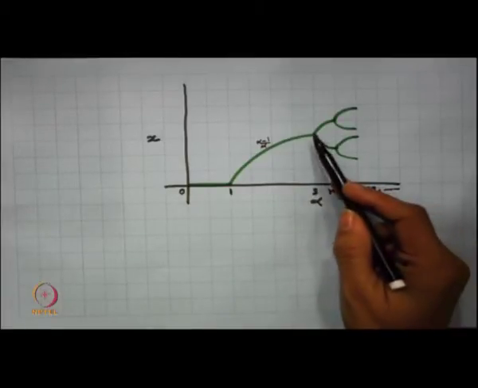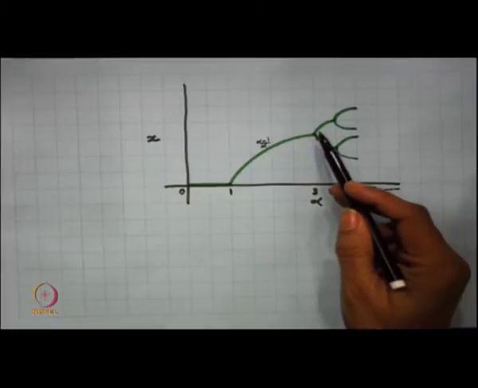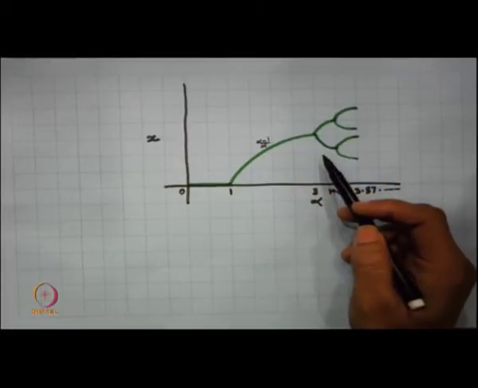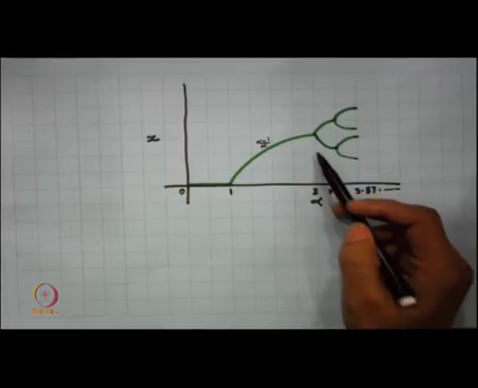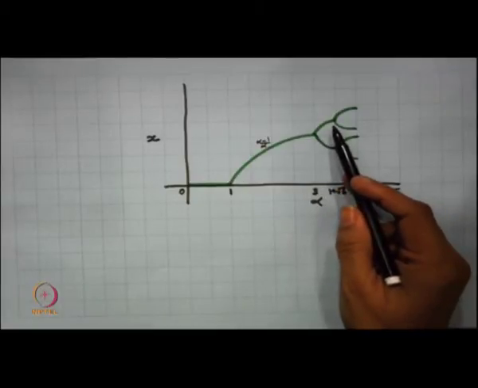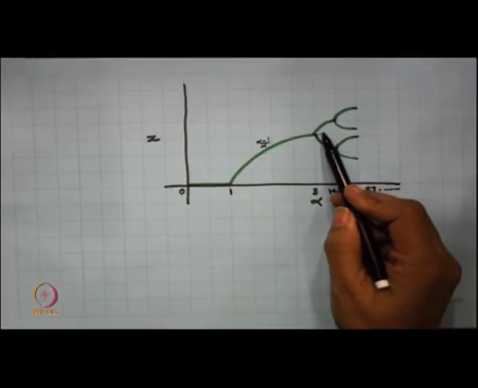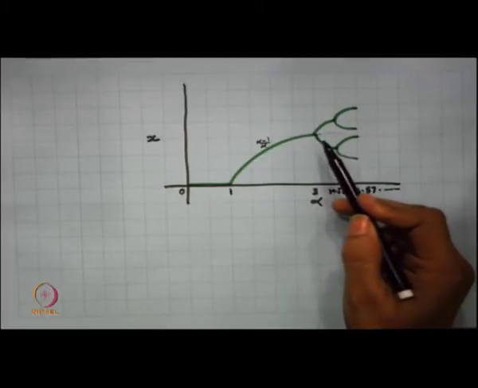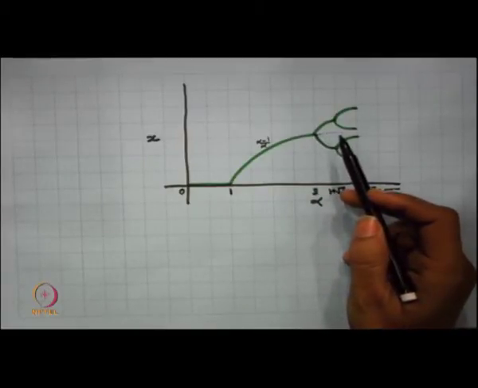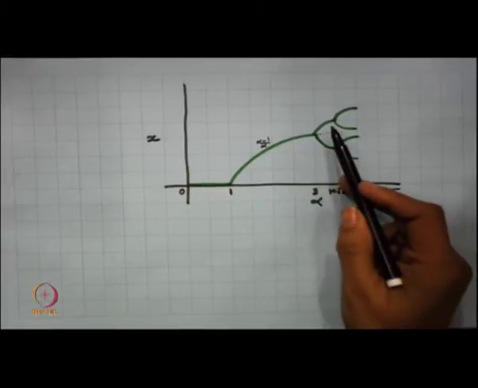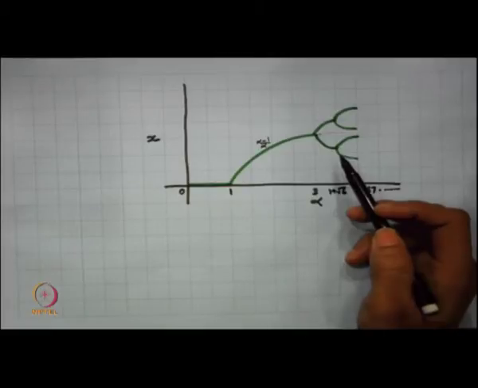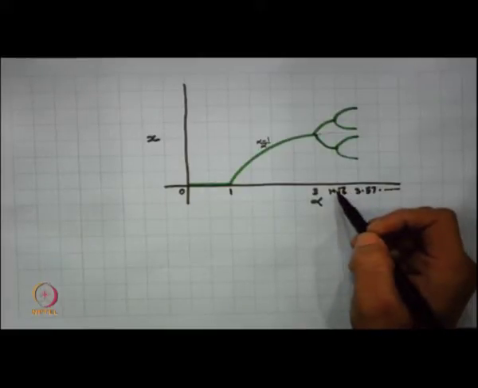And then what happens at 3? Once you go beyond 3, there is a new periodic orbit of period 2, and this periodic orbit is attracting. The fixed point loses its stability. So, this fixed point is definitely there, but now you cannot see this point, because it has lost its attractive nature. So, what you find is only a periodic orbit of period 2, and this goes on till 1 plus root 6.